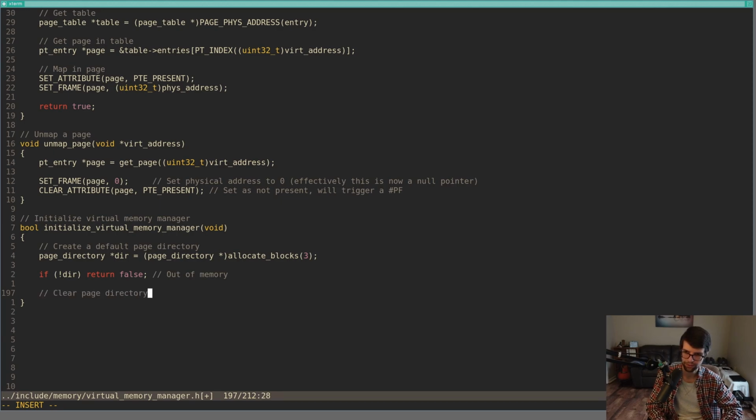Otherwise, we'll clear the page directory and set it as current. I'm going to go a little bit off from what I did before and just use memset, because I think that makes more sense. At the directory, we'll set zeros for the size of the page directory. Okay. Then, for every entry within that directory, I'm going to set it as